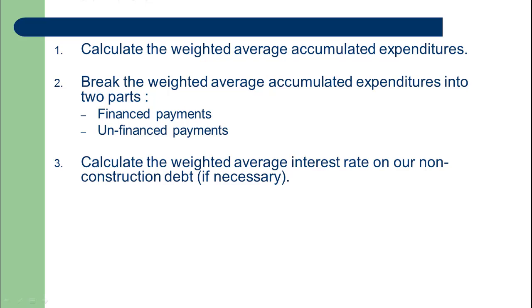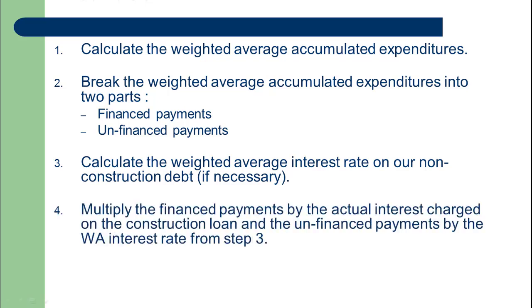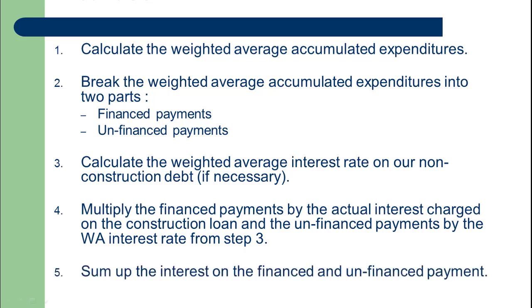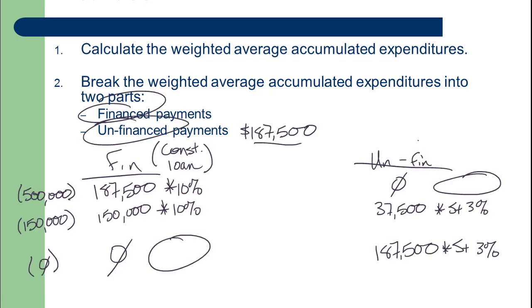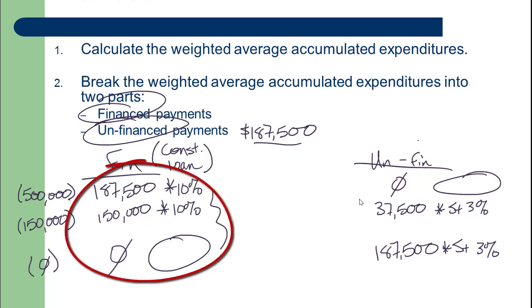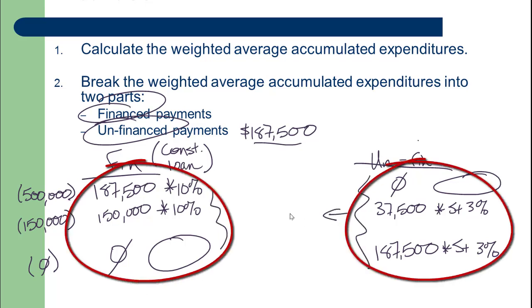We're going to calculate that weighted average interest rate only if we've got something in that unfinanced column. Then we'll multiply the financed portion by the construction loan interest rate, anything in the unfinanced column by that weighted average interest rate from step 3, and finally we'll sum up all the interest on the financed and unfinanced payments. We'll bring that back together. So one last time, let's go back to my diagram. We're going to take this number, whatever it is, and this number, whatever it is, and we will add them up. And this value is my avoidable